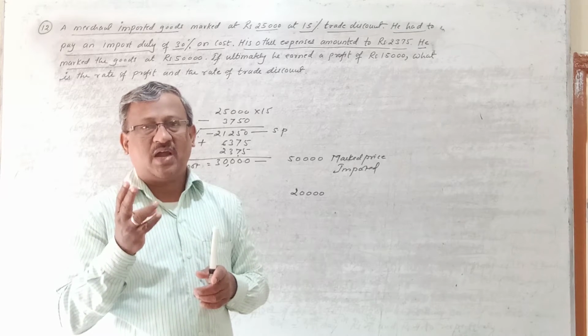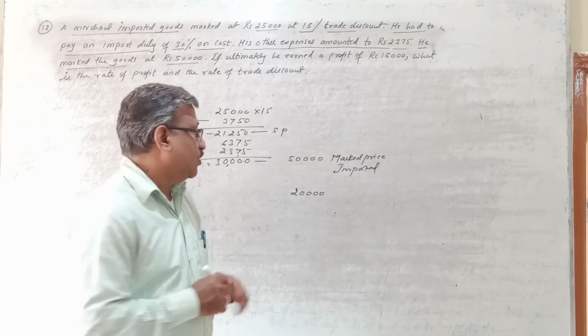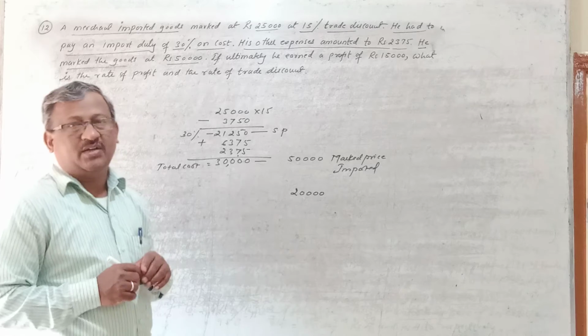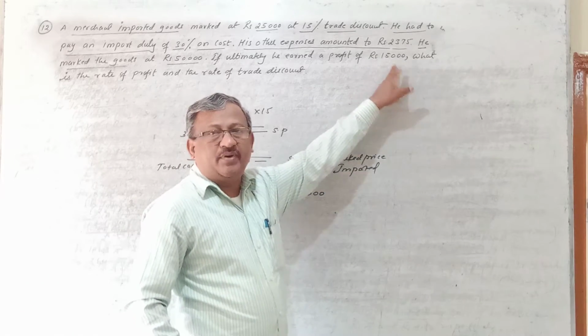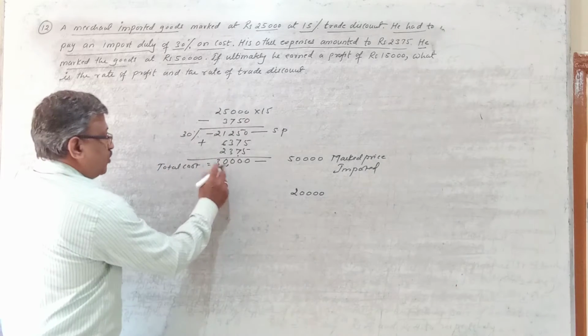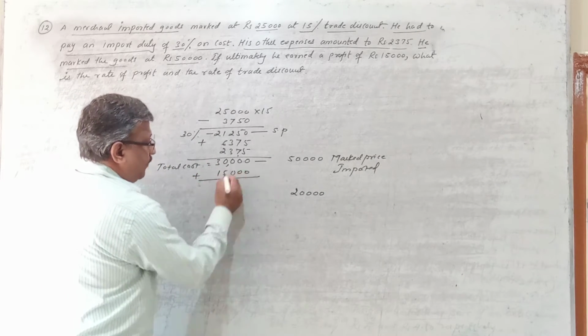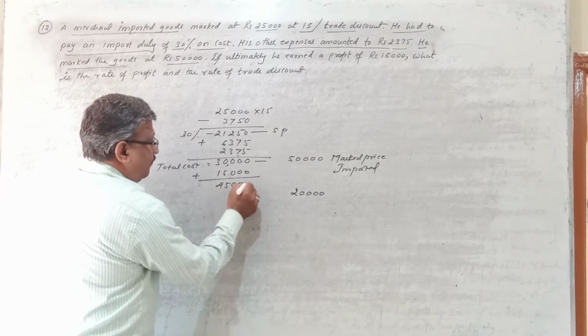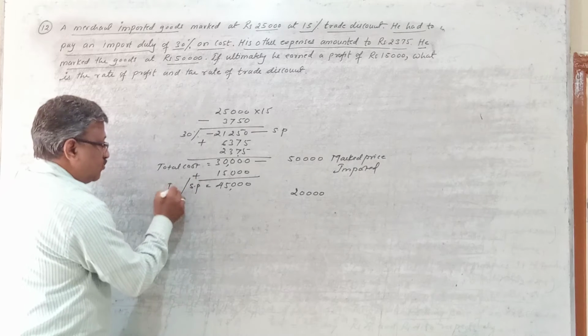One is the mark price and the second one is the invoice price, or it is also called the selling price. So selling price or invoice price we can determine very easily because we know the cost price 30,000 and they have also given the profit. How much is it? 15,000. Means if you add the 15,000 rupees profit to this cost price, you get 45,000 rupees as your selling price, or this is also called the